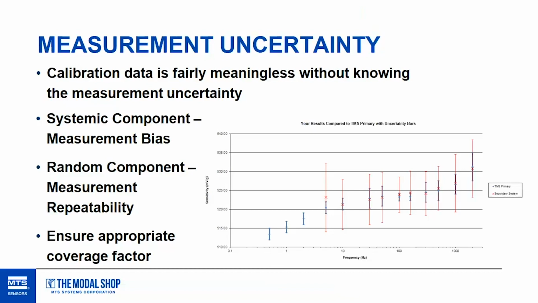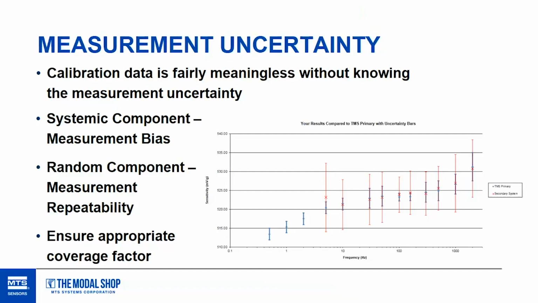What's the time to fatigue? How does that change with respect to uncertainty? And depending on the application, you can have very safety critical operations and safety critical measurements that depend on a certain sensor. So knowing the uncertainty of that measurement is pretty important, and it really stems initially here from the